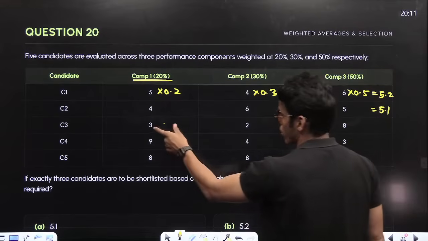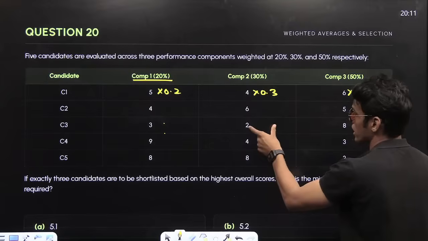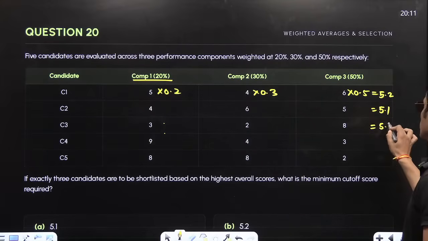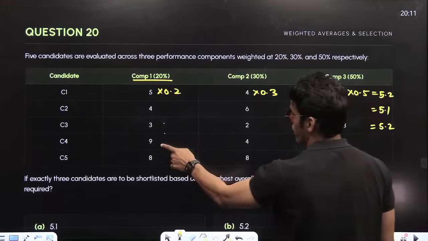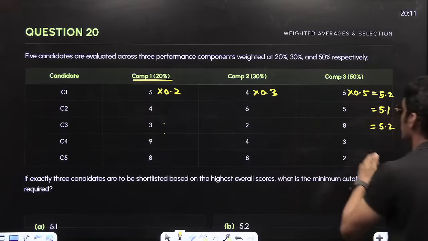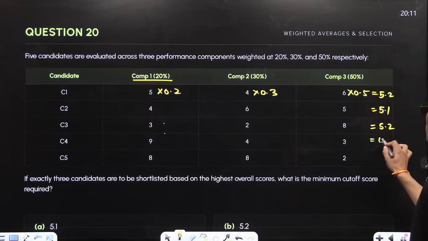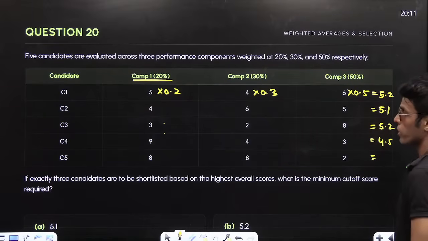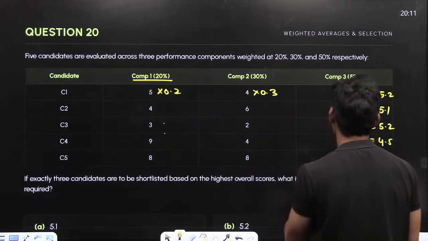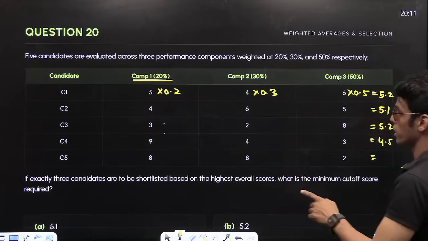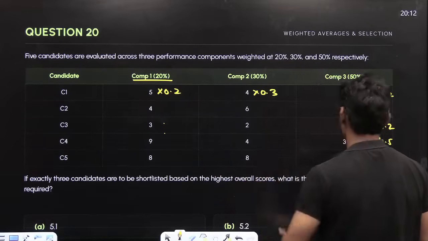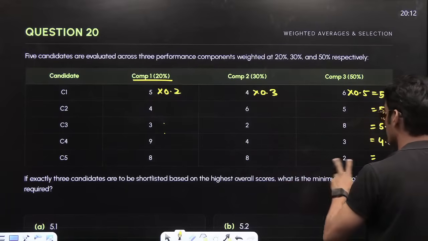Again here, 0.6, 0.6 plus 0.6 is this, and then 5.2 again. So 9 into 0.2 is 1.8, 1.8 into 1.2 is 3, and 1.5 is 4.5, 1.6, and then 2.4, 1.6 plus 2.4 is 5, and then this becomes